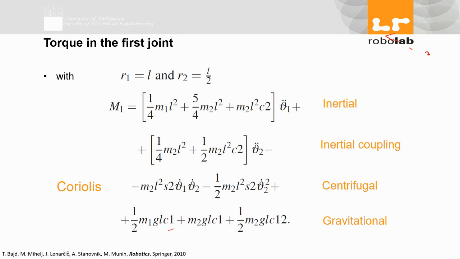If my robot is 2-link, with the first link L and the second link half of it, the robot we're talking about is something like this: L over 2 and L over 2, and R1 and R2. So these sizes, just consider L1 and L2,